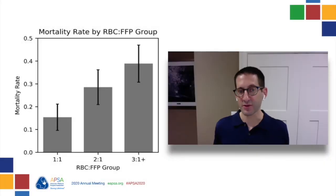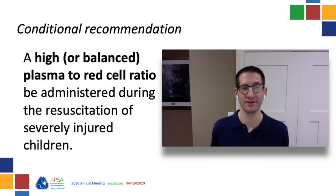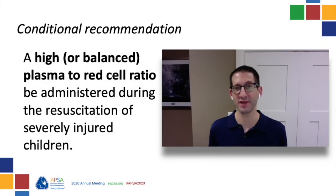And then finally, there was a more recent study done by the Atomic Group looking at 100 patients that were massively transfused, and they also found a clear survival benefit to a more balanced 1-to-1 ratio of red cells to plasma. So we then conditionally recommend that a high or balanced plasma to red cell ratio be administered during resuscitation